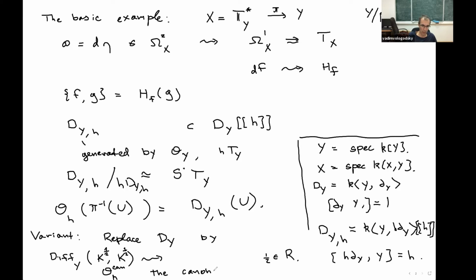Canonical quantization of the cotangent bundle. So it's given not by the usual differential operators, but by these twisted differential operators. It has one advantage. As we know, the sheaf of differential operators is non-commutative. So a priori, there is a difference between left modules over this algebra and right modules. Nevertheless, the categories are equivalent, and the equivalence is given by the tensor product with the canonical bundle. So if you instead consider these twisted differential operators by the square root of the canonical bundle, then